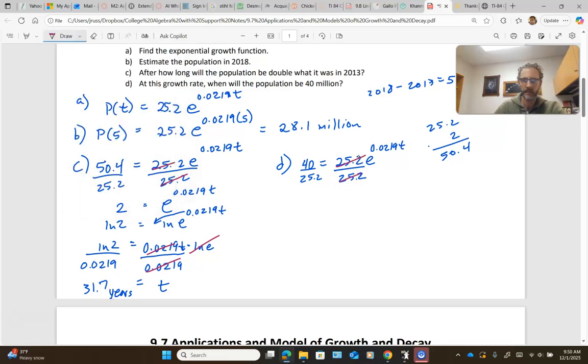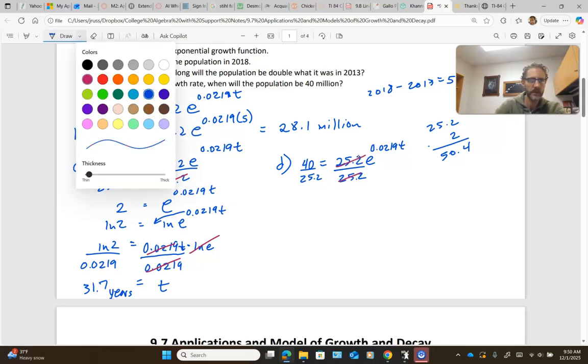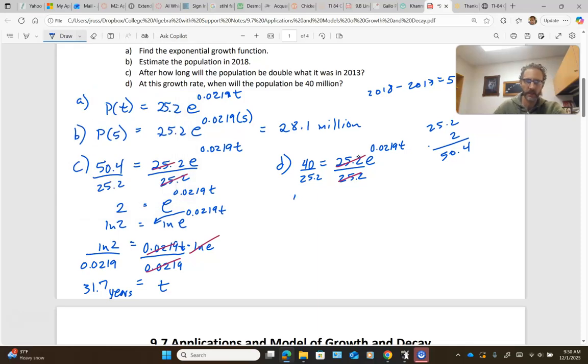On the right hand side, those divide out. Guys, I'm not actually going to divide this right now. If it doesn't divide evenly, I'm just going to look at it like it's one number right here. You can put it in parentheses if you want. And that'll leave me with e to the 0.0219 times t. And now I'm going to take the natural log of both sides. So this will be the natural log of that quotient